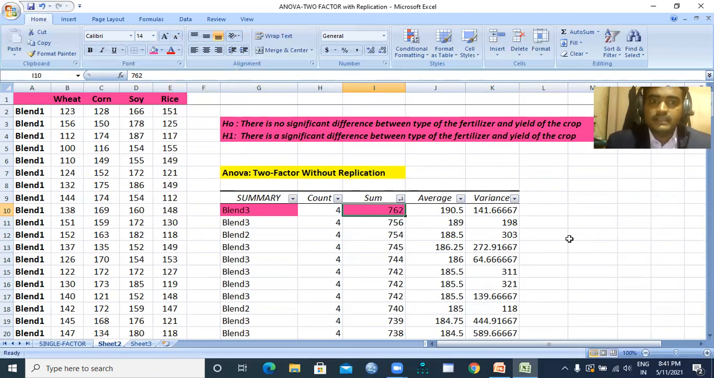From fertilizer 3, the maximum output is 762 and its average is 190. From this, what we can interpret is that fertilizer 3 is contributing more to the maximum output from 4 different types of crops, because the sum value is 762 and its average is also 190. The same likewise in overall